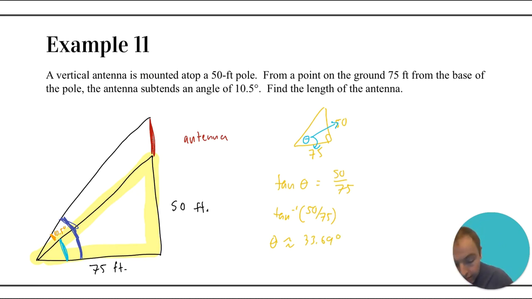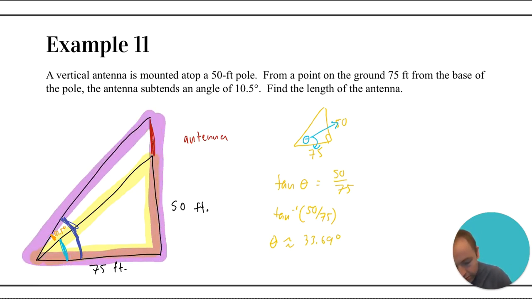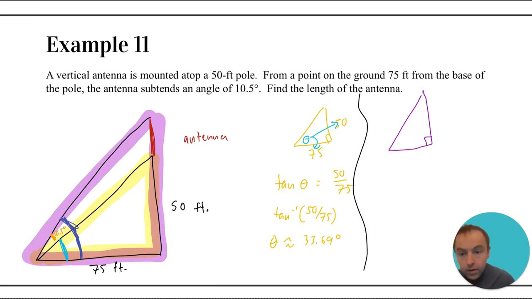And then once we know that that is 33.69 degrees, we would know then that for this larger right triangle right here, the overall angle we would have now is 10.5 degrees greater than 33.69. So 33.69 plus 10.5 is going to give you 44.19 degrees right there. And then we could figure out what this overall side length is right here that I'll maybe just call x by using some trig